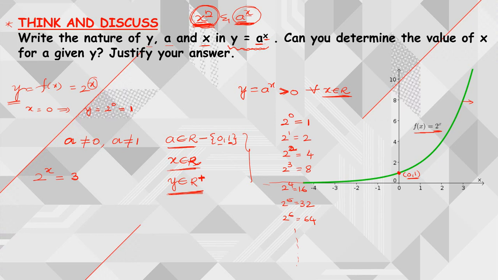Now suppose I ask you, can you express 2 power x is equal to 3? That means 2 power how much is equal to 3? This is the question he is asking you. Can you express 2 power something as 3? There is no particular value of x such that 2 power x is equal to 3 by using the concept of exponential form. So to find this particular value of x, which is nothing but my unknown,